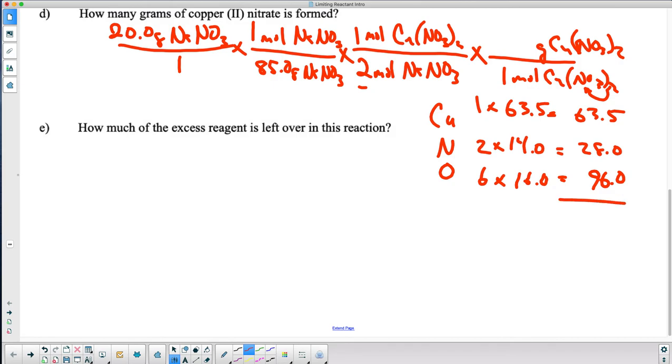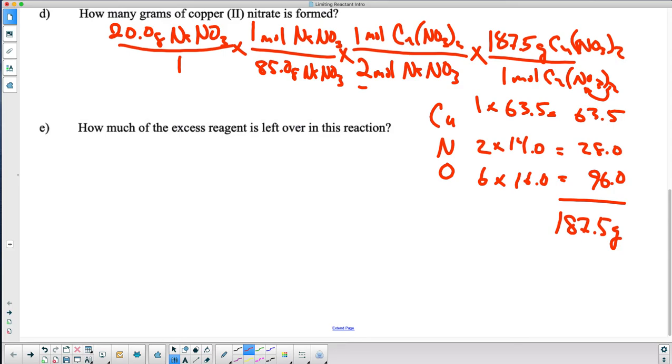And then I simply add those all up. I get 63.5 plus 28 plus 96. And that is 187.5 grams. 187.5 grams, like that. So I start at the beginning with 20 grams divided by 85 grams, divided by 2,